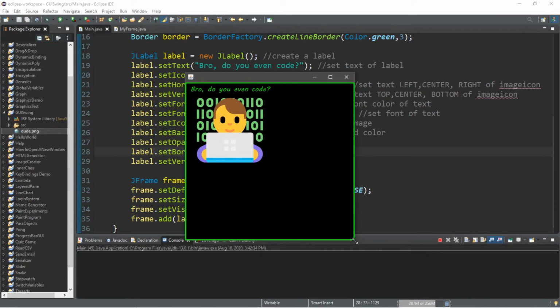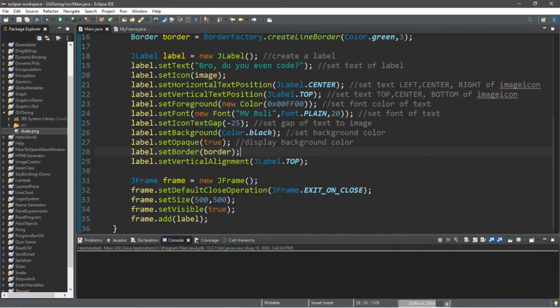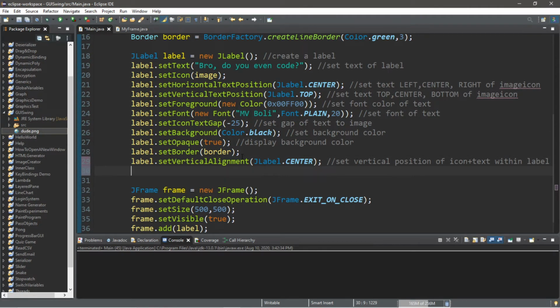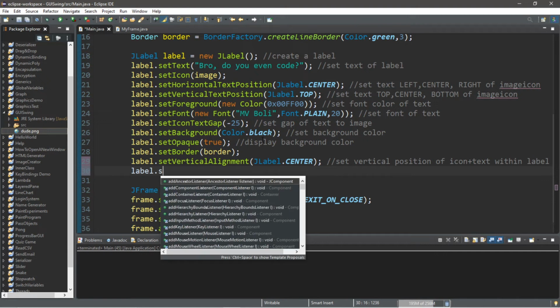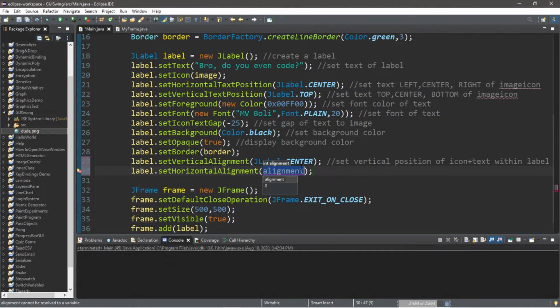So now this is in the top left of our label, the text as well as the image. But I think I'll keep this in the center because I want this to be in the middle. So this will set vertical position of icon plus text within label. And then we can do the same thing with setHorizontalAlignment. So label dot setHorizontalAlignment, and it's either, let's see, left, center, or right.